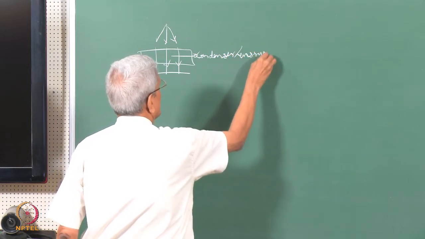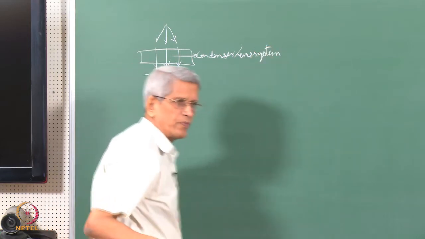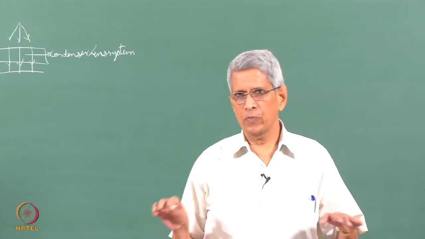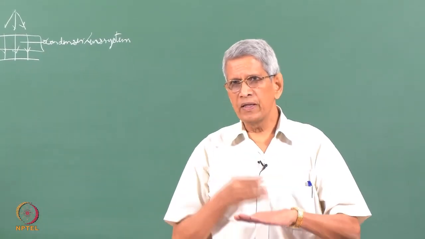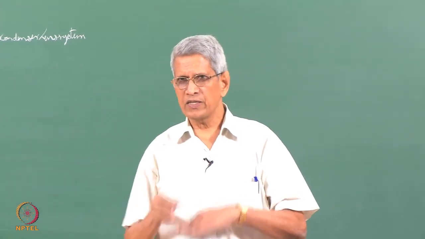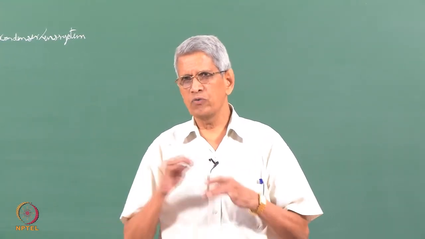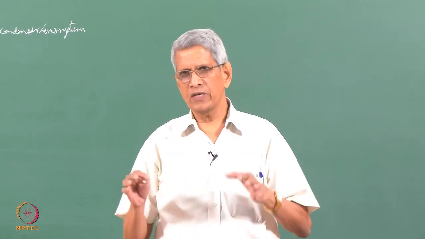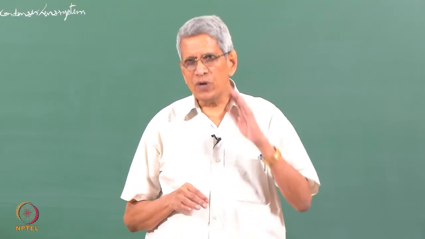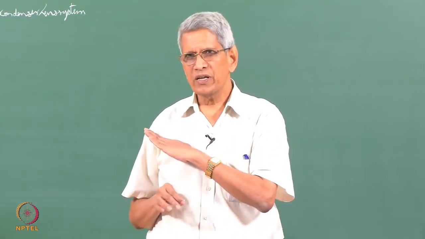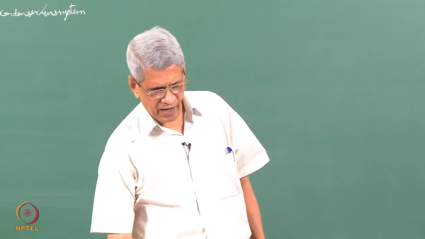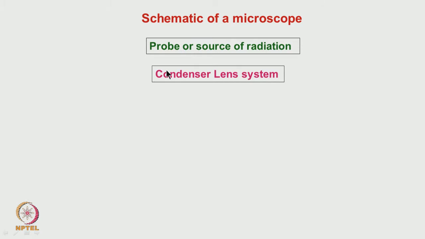So, what does the condenser lens system do? Essentially it makes the beam uniform. If the beam is uniform, then what is the difference which comes from place to place? That is the contrast, and that shows how the beam has interacted with the sample at different regions. We can do a quantification only if we make sure that the beam which falls on the sample is uniform. That is the job the condenser lens does.